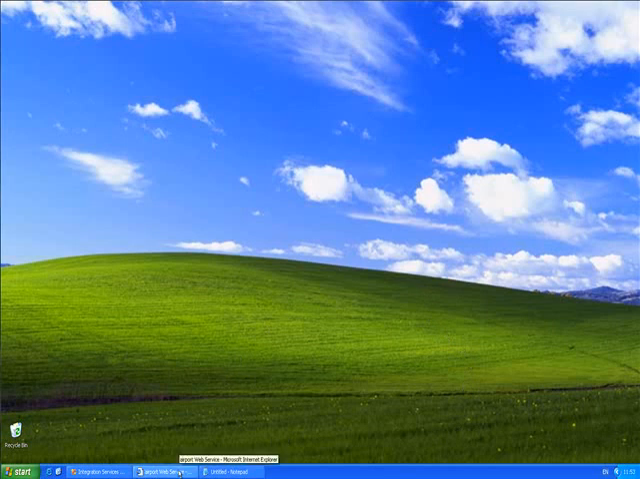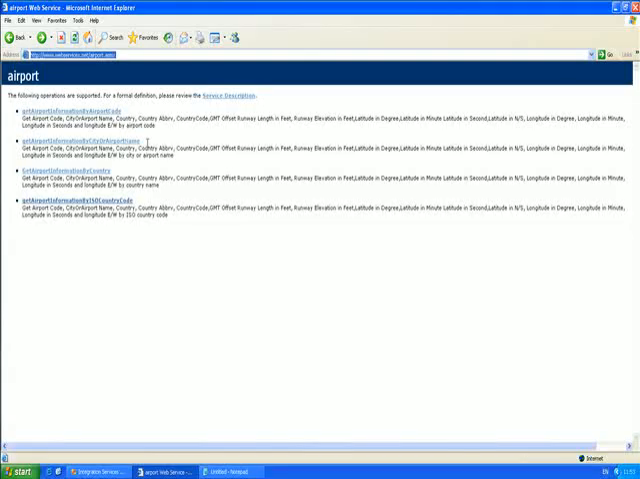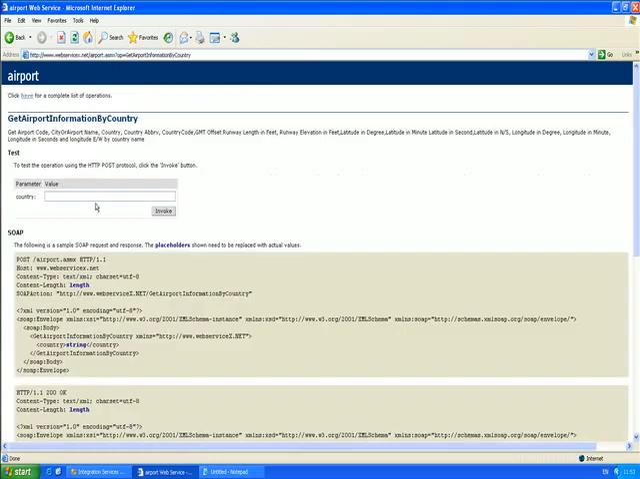I'm also going to be using a web service called Airport Info. This is a web service which retrieves information about airports around the world. If I show you one of the methods on this web service, this one called Get Airport Information by Country, I can type something in here. We'll use France as an example. I'll click Invoke,